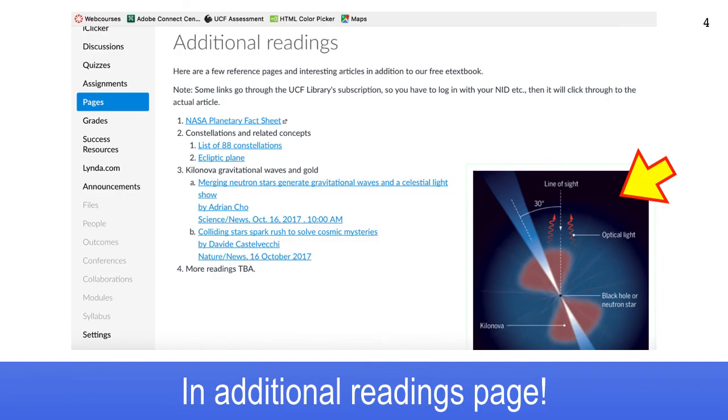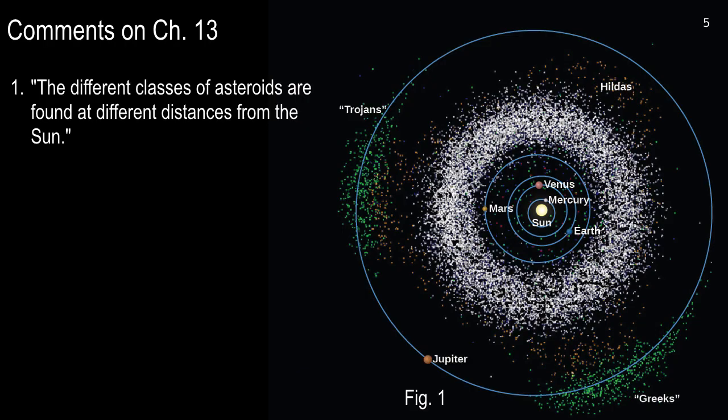All right. Now let's talk about asteroids and stuff, chapter 13. I love this picture. Although these dots, these are single pixels probably, I'm guessing, in the original graphic. And even those pixels are way bigger than an actual asteroid would be if you could see it. You wouldn't be able to see it on this scale. So the asteroid belt looks like it's extremely dense and dangerous to fly through, but we found that it's not. You can still run into one of those babies, but it's not like this.